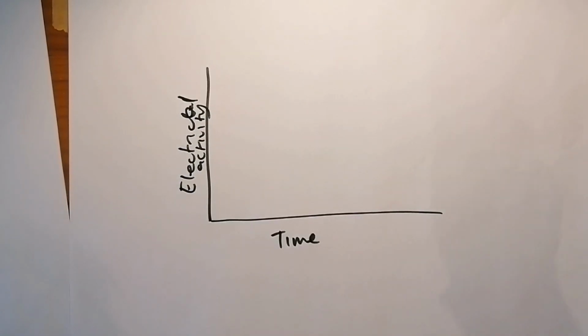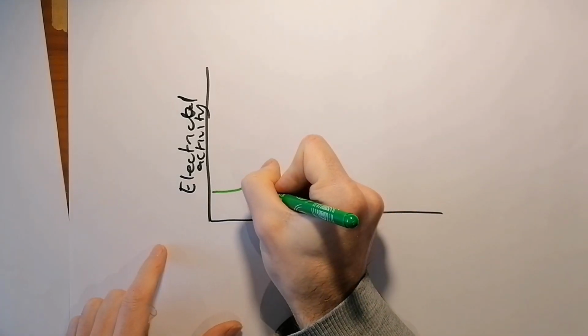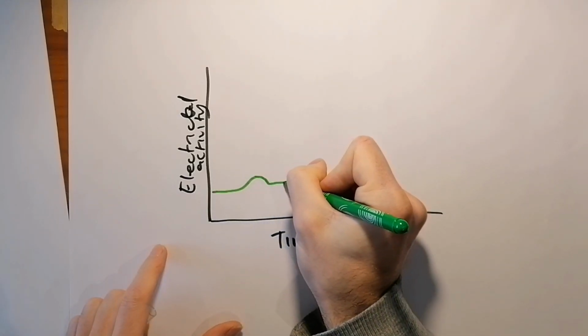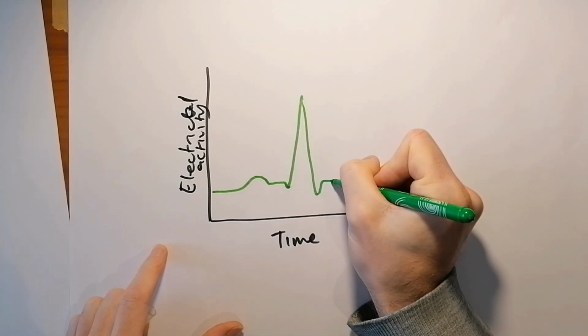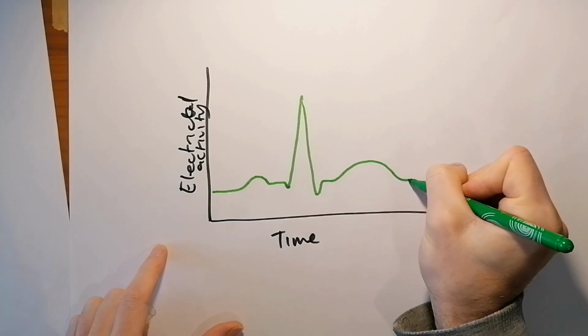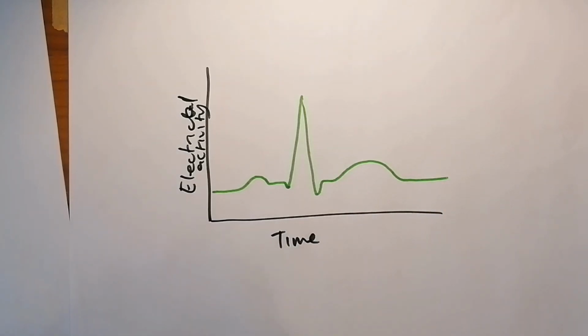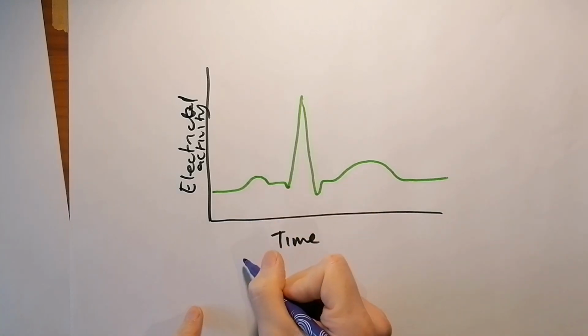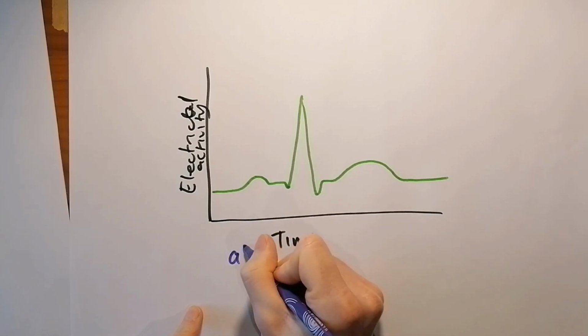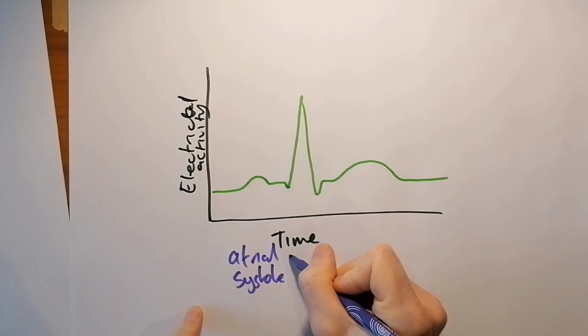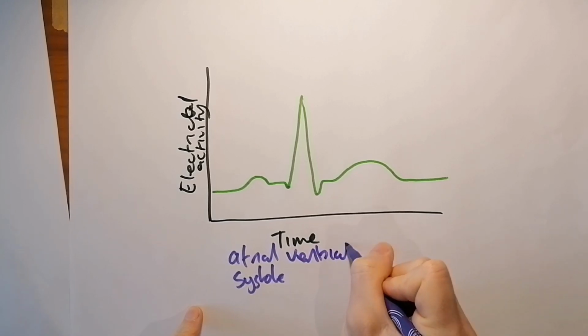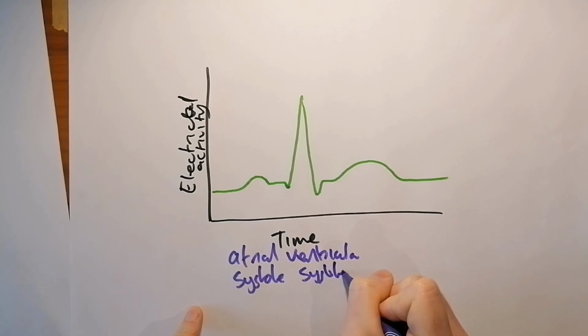And what you get is this. You get a small hump there, then a large spike, and then a slightly larger hump. And if you remember what those events were that we just talked about, those events of atrial systole, ventricular systole, and then diastole,